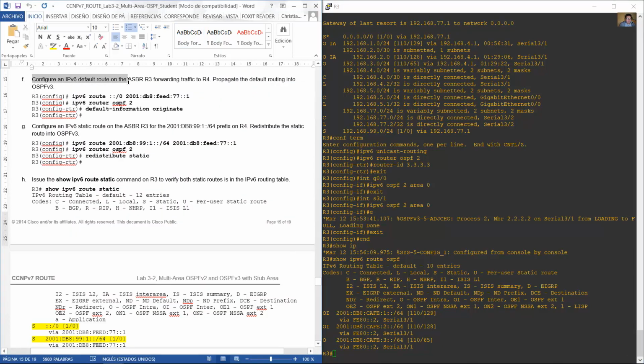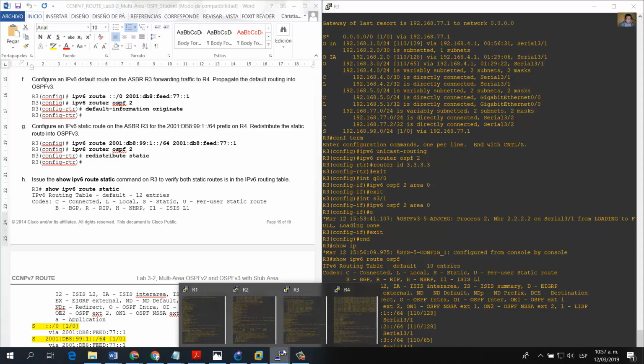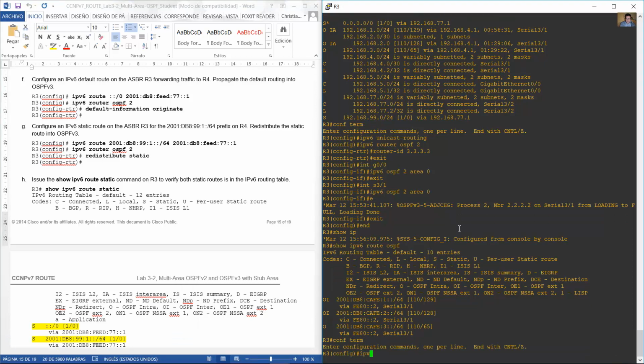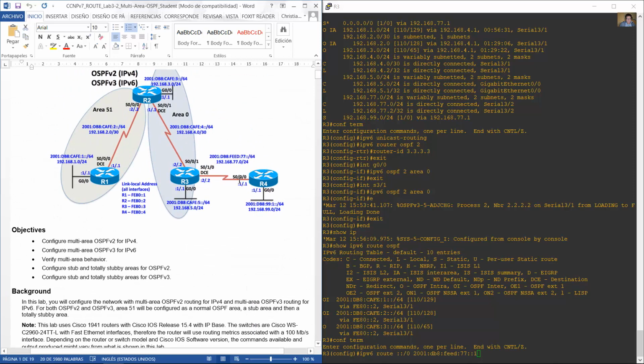Configure an IPv6 default route on the autonomous system boundary router R3, forwarding traffic to R2. Propagate the default route into OSPF version 3. Okay, go to R3, configure terminal, IPv6 route, the default route, the NAT hop IP address. The NAT hop IP address is the IP address of the serial interface on R4,